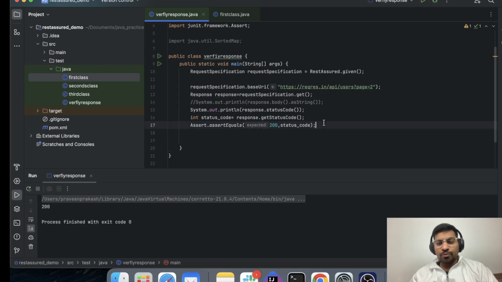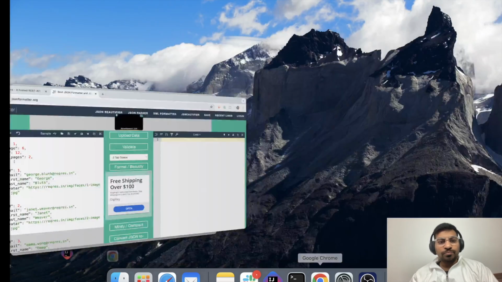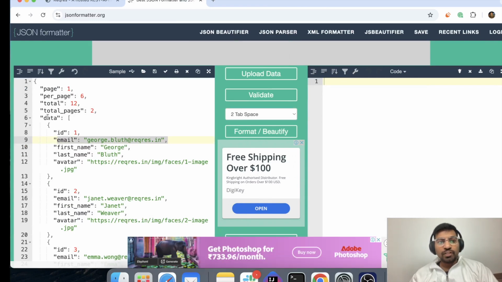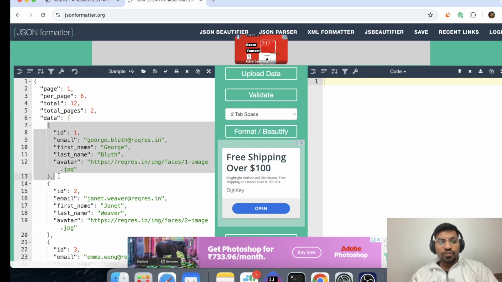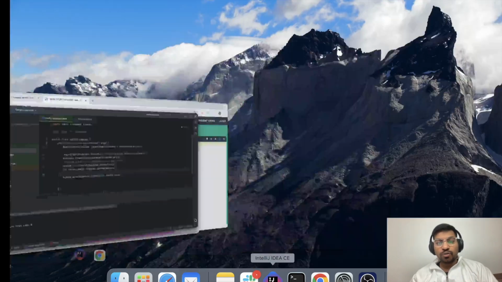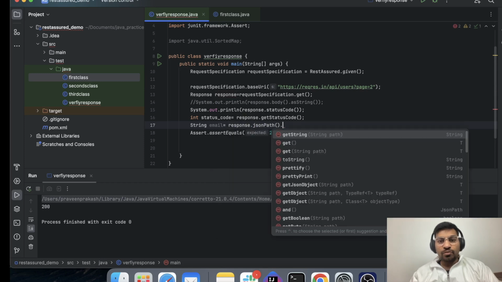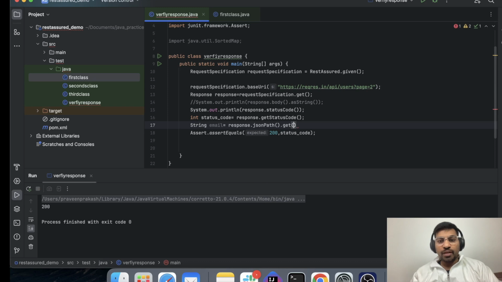Now, this is the same way you can insert the assertion in other values as well. So I'm going to validate my email ID of first email ID. It will be inside the data, and this is a zero index value. So I'm going to create string email and response dot JSON path dot get, and then I have to put my path basically. So my path will be data